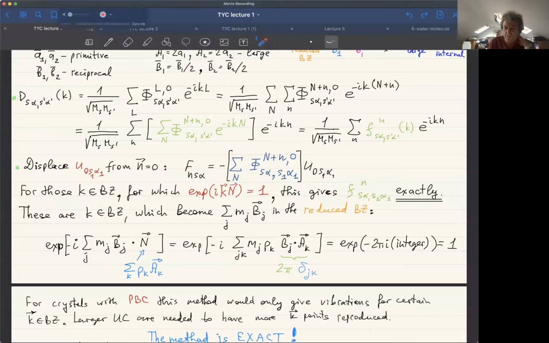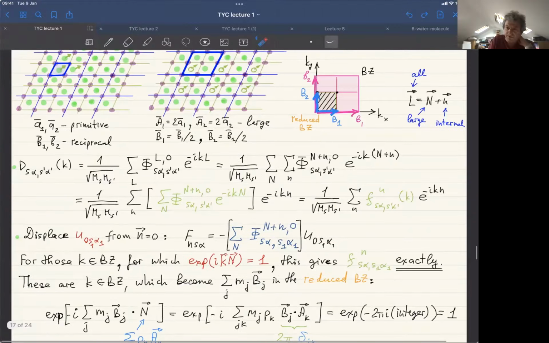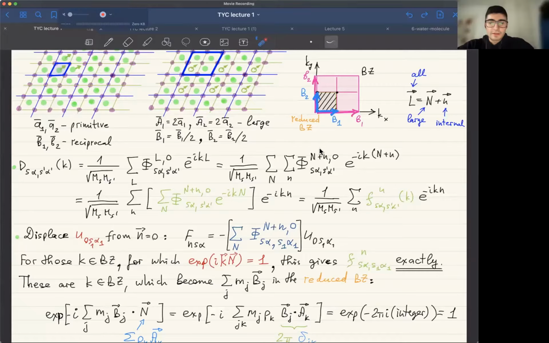Did I manage to explain that bit? So when I was talking about 4 K points in the original zone, did you hear this part? Hello? You were saying something about the trivial solution about 0, but